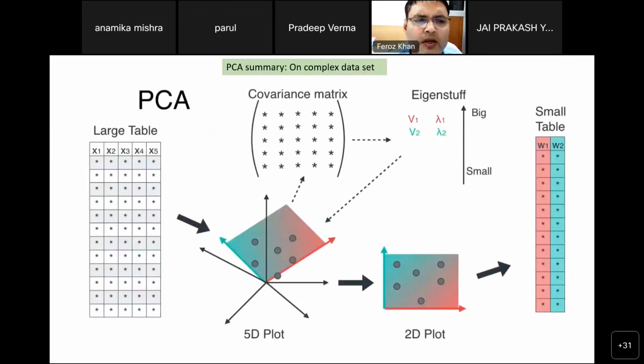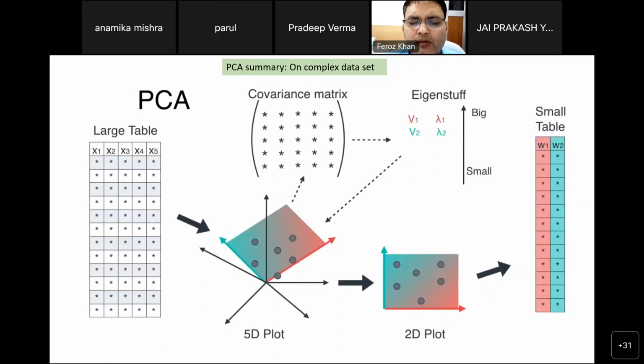For example, we have a 5-column table and we want a 2-column table. You can see on the left hand side there is a 5-column table, and after PCA analysis